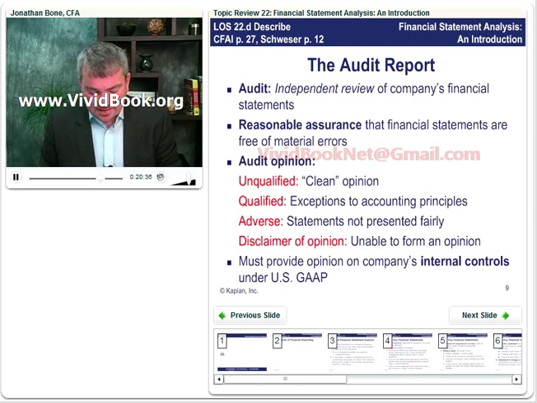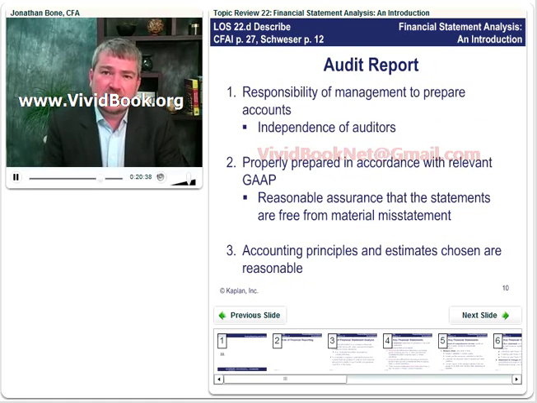So let's have a look at some of the data as well that you see disclosed in an audit report. First thing you tend to see is that the auditors set out that it is the responsibility of the management team to prepare the accounts, not the auditors. Why? Well, again, a lot of stockholders incorrectly believe that the audit firm produces the financial statements. They don't. All they're there to do is report on whether those financial statements look true and fair in their